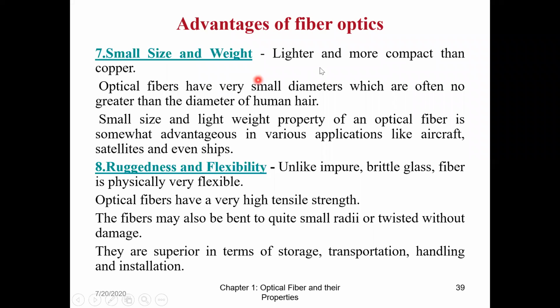Okay, I am not giving you any numbers over here. All of you just hold your hair, whichever position you are sitting, just see the diameter of your hair. It is less than the diameter of your hair. Okay, so you can sit and measure the diameter of your hair. So fiber is having the diameter less than a human hair. So we will see exactly what are the diameters, exact dimensions. So it is so thin, you can imagine. So obviously it is light and more compact than a copper cable. Okay, so here it is already written.